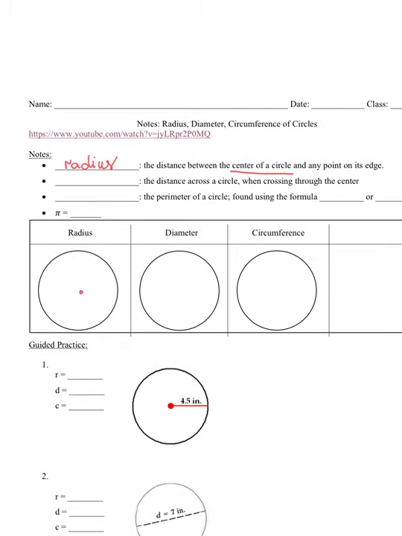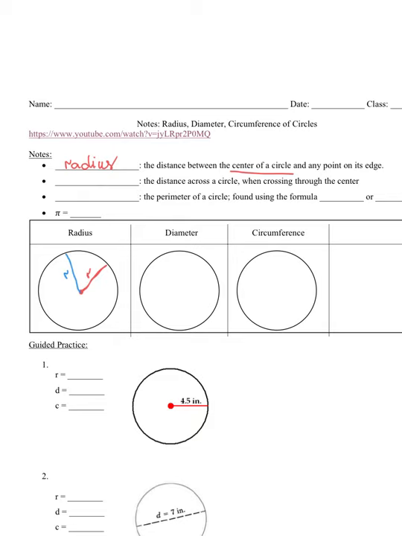So this is the center of the circle. Any point from the center to the edge of the circle is called a radius. So this is a radius. And again, there is more than one radius in the circle. This can be another radius